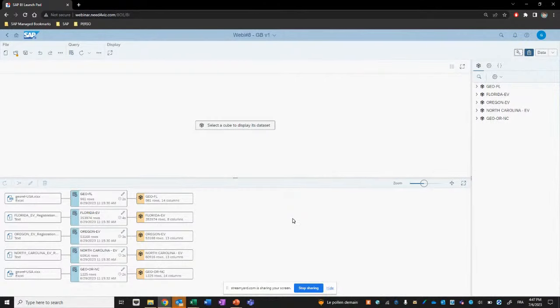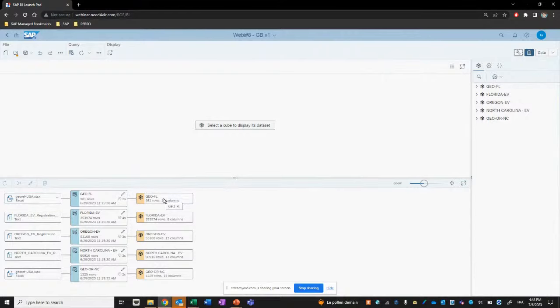Into this data mode, you can do three main things. The first one is to preview your data in order to be confident that what you're going to consume corresponds to your needs. By default, I have already created the queries of the Excel file and TXT file being stored on a Google Drive. I'm not going to show you this step because this is classical, but I show you the